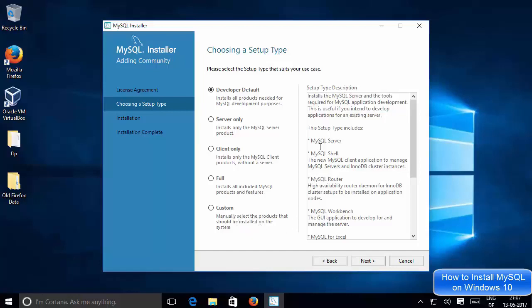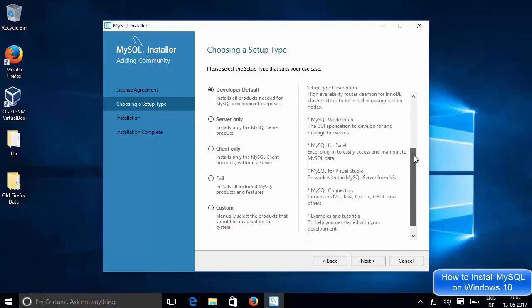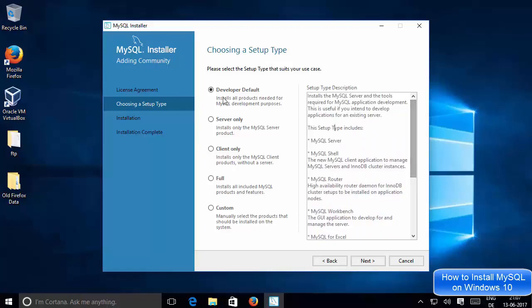So you can see the list of all the products which will be installed in your system when you select any particular option. So for example, for developer default, it will install MySQL server, you can see, and tools required for MySQL application development.